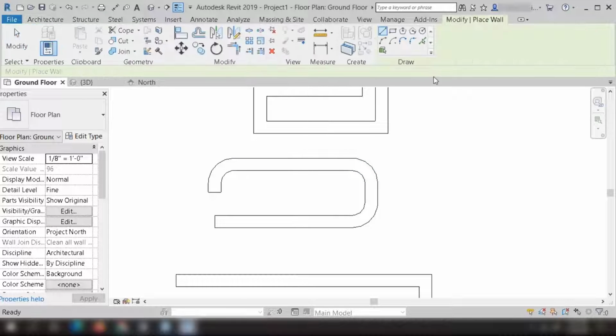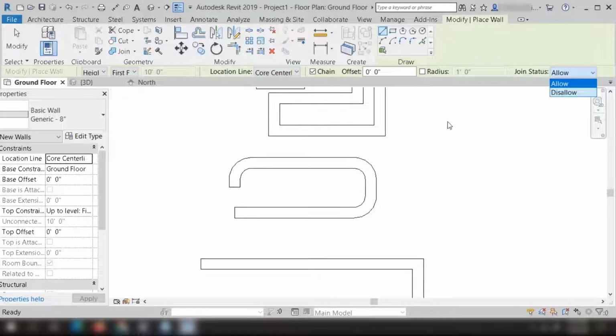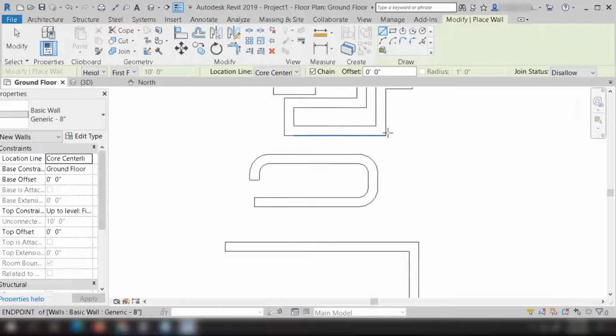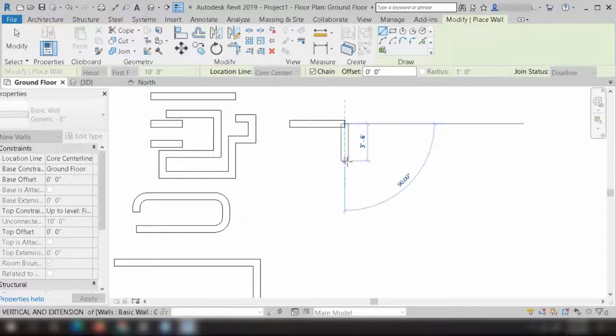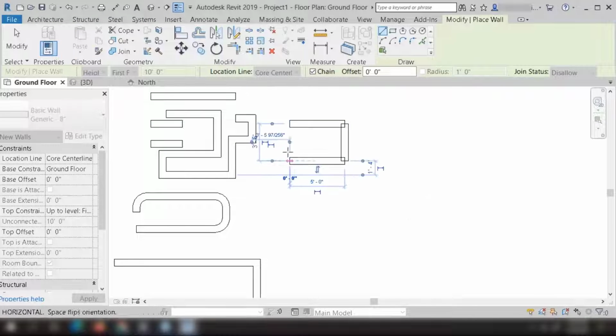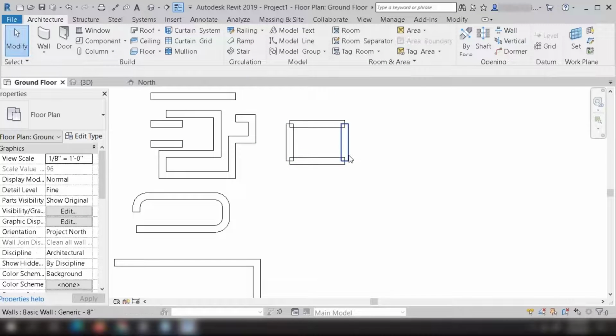Let's see the last setting in this wall that we have over here, that is join status, allow and disallow, right? If you allow this, here you can see this wall is joined at this point. If you change the status to disallow, it will not join your wall at these corner points, right? You can see it here. It is not joining walls.